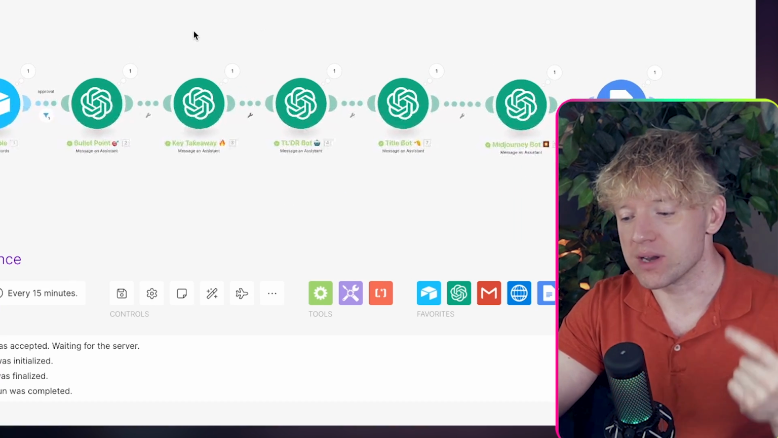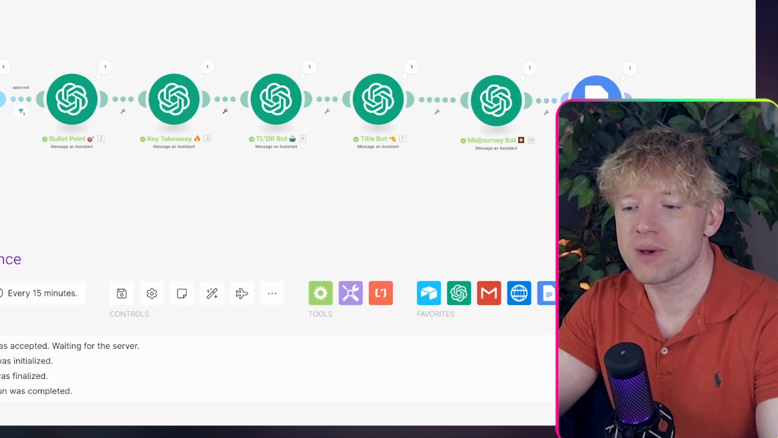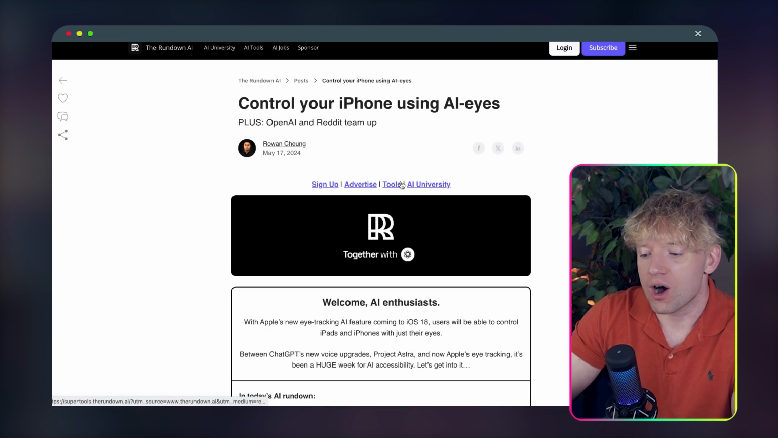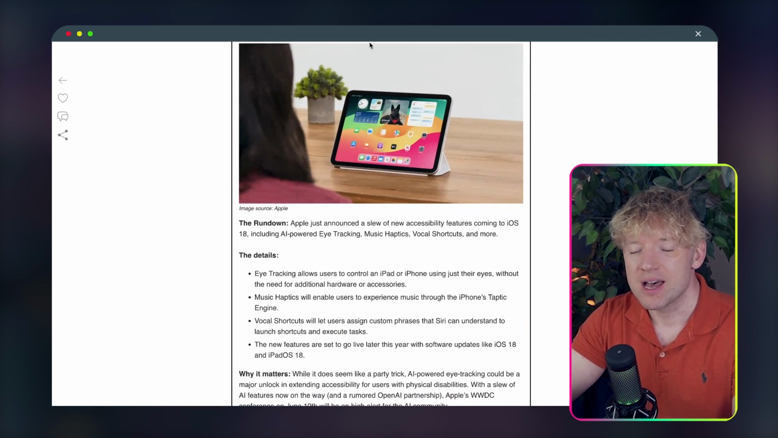It will create key takeaways. It will create a TLDR. It will create everything we want. I based this automation due to a request on the rundown. People love the rundown. I said this is exactly how you create something similar to this, and then the output